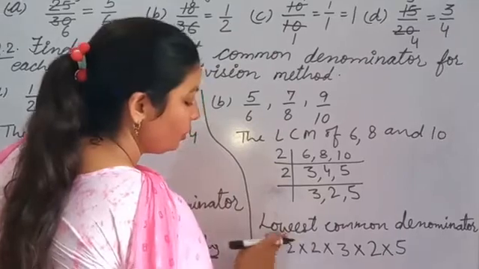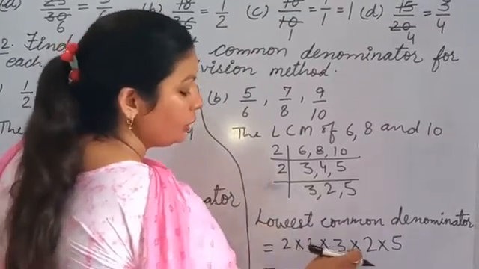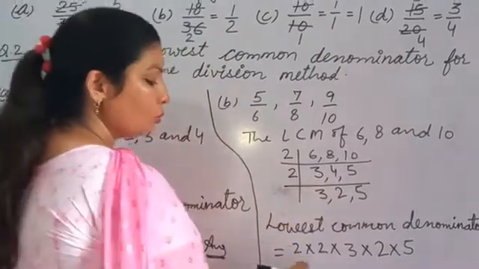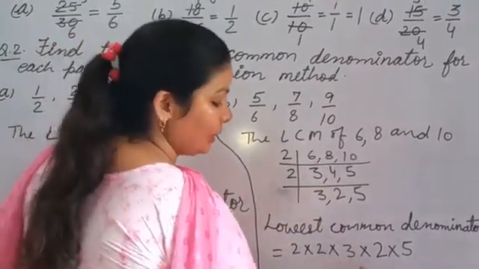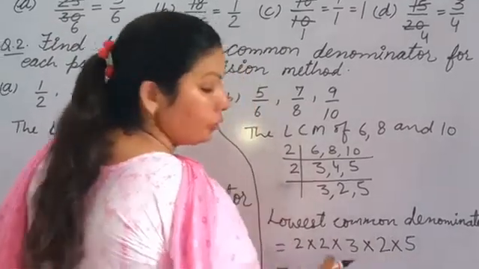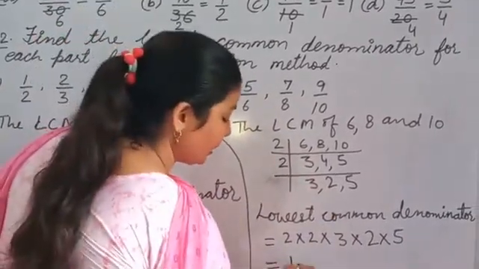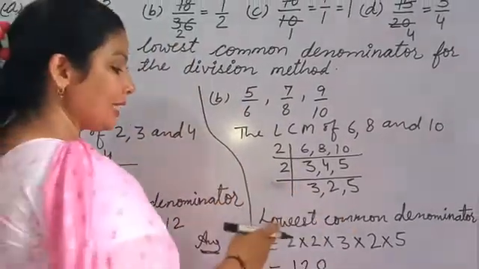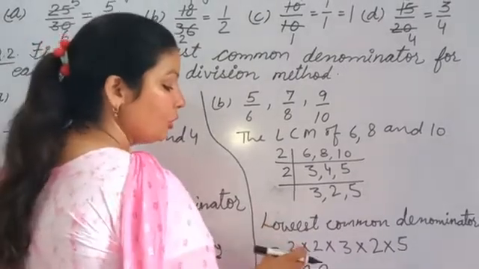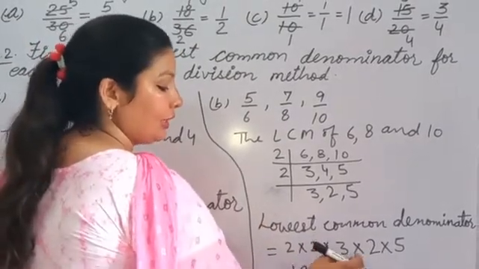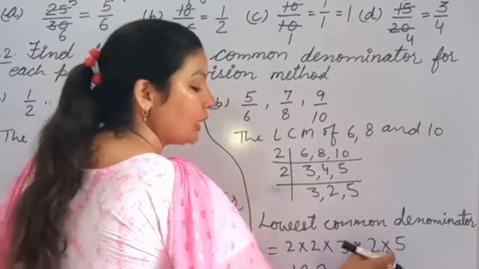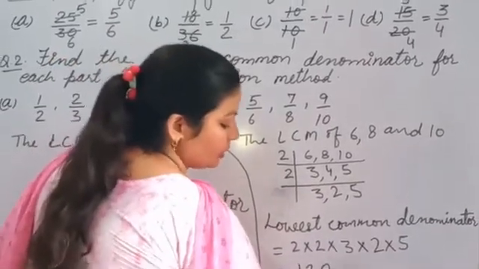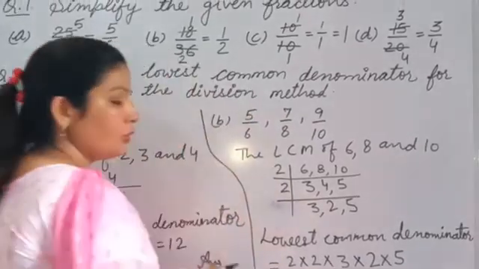So now we multiply them. 2 2s are 4, 4 3s are 12, 12 2s are 24, and 4 5s are... आप ऐसे भी कर सकते हो: 2 2s are 4, 4 3s are 12, and then 5 2s are 10, 12 10s are 120. Like this you can easily multiply because you don't know the 24 table. आपको multiply करके देखना पड़ेगा तो आप ऐसे orally कर सकते हो. 2 2s are 4, 4 3s are 12. ये पेयर यहाँ पे फिनिश हो गया. Then 5 2s are 10. Then 12 10s are 120. That's your answer. So like this you can do.